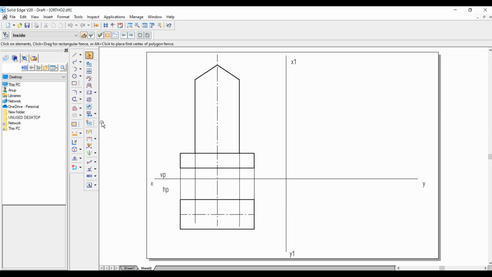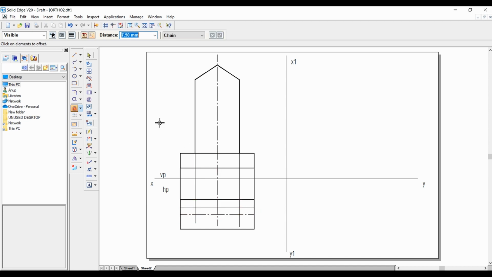For that, select the offset option again, then select this line. Distance will be equal to 7.5 mm. It asks upper or lower, so select the upper option. Then right click.